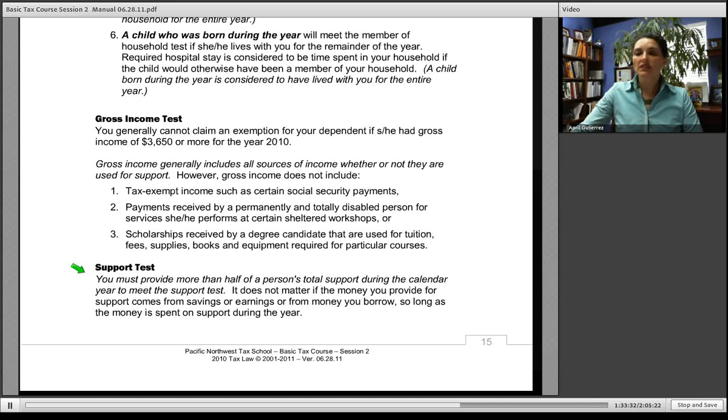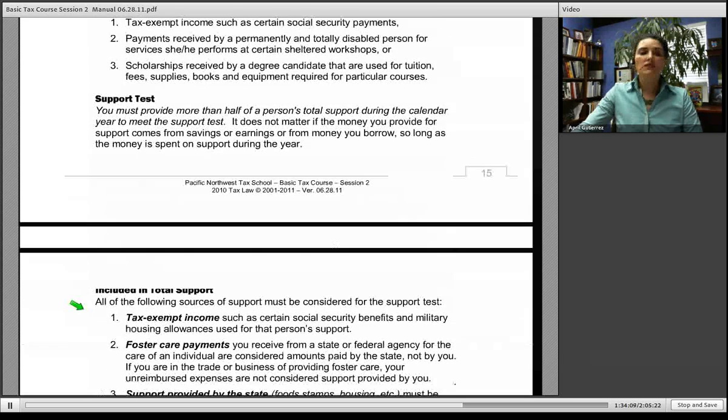The next test is the support test, and we had a support test under qualifying child. Under the qualifying child rule, the child cannot have provided more than half of his or her own support. There's nothing under the qualifying child support test that says you have to support the child, only that the child cannot have supported him or herself. But under the support test for qualifying relative, now you have to show that you provided more than half the total support during the year for the person that you are claiming an exemption for. It does not matter if the money you provide for support comes from savings or earnings or from money you borrow, so long as the money is spent on